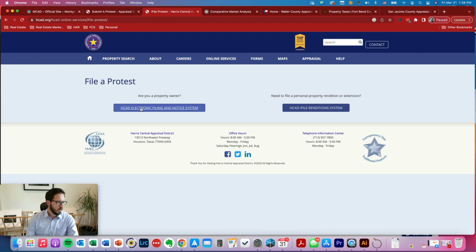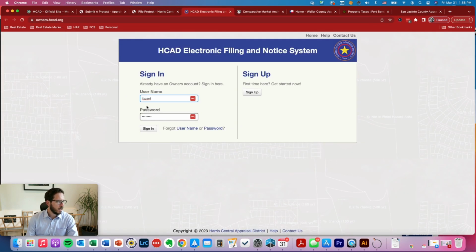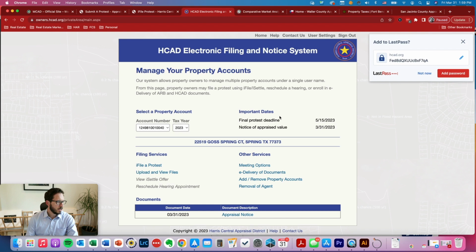You're a property owner, so you're going to click that. You've already created a login, hopefully. If not, just create one. And then it'll ask you for an account number if you haven't set this up. Hopefully it's already there. And you've got your copy of your appraisal notice. You'll do